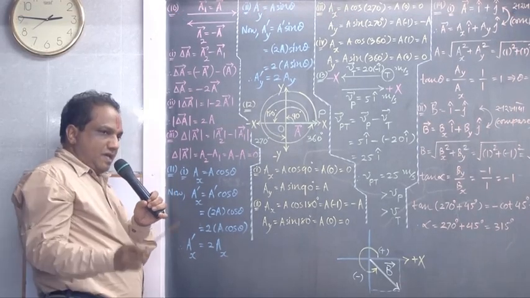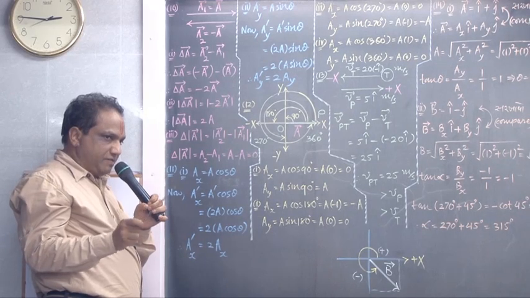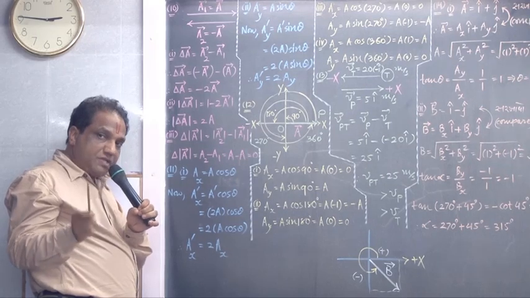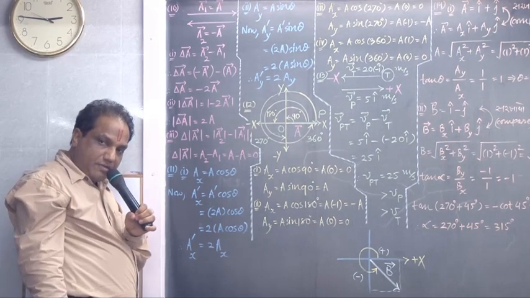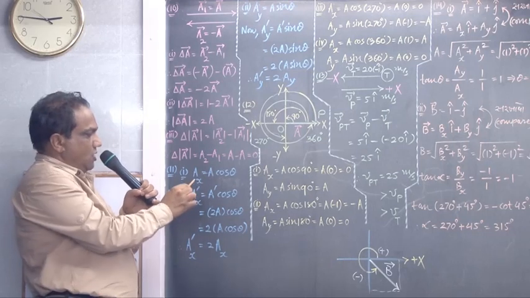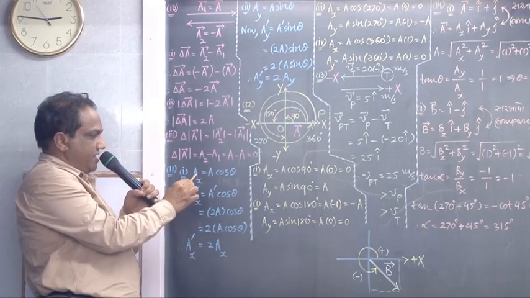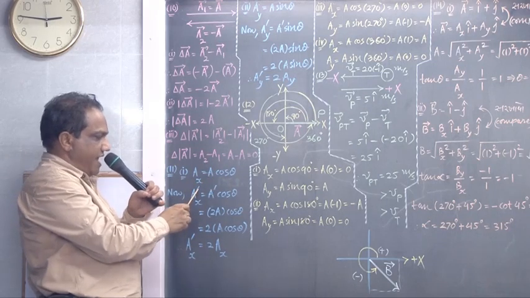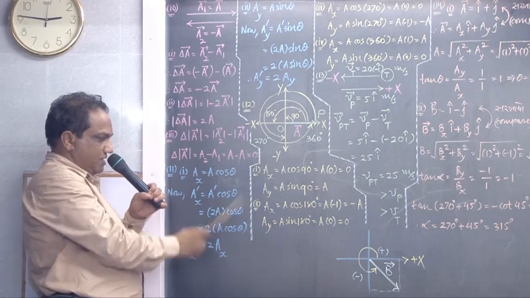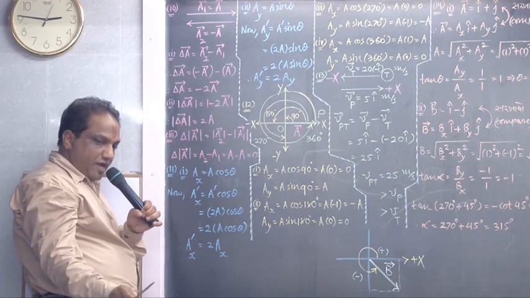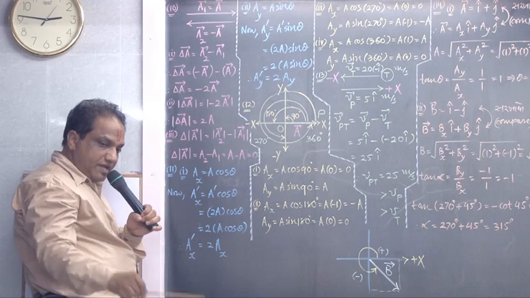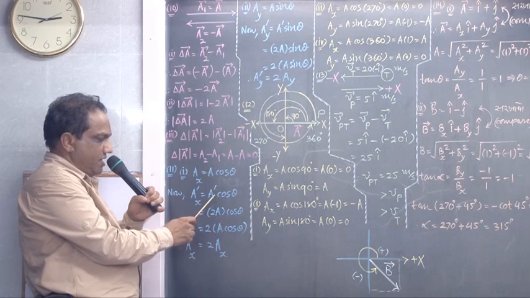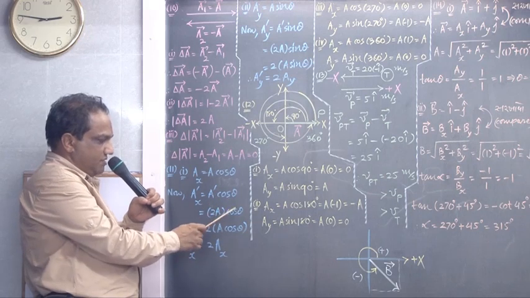Look, if the magnitude of a given vector is doubled, they have asked what will happen to its components. They also will get doubled. Very simple to prove. Original x component: Ax equals A cos theta. New x component, I write Ax dash, which is A dash cos theta. What is A dash? The new magnitude of vector A. The new magnitude is double the initial magnitude. So instead of A dash, I write 2A. A dash equals 2A cos theta.